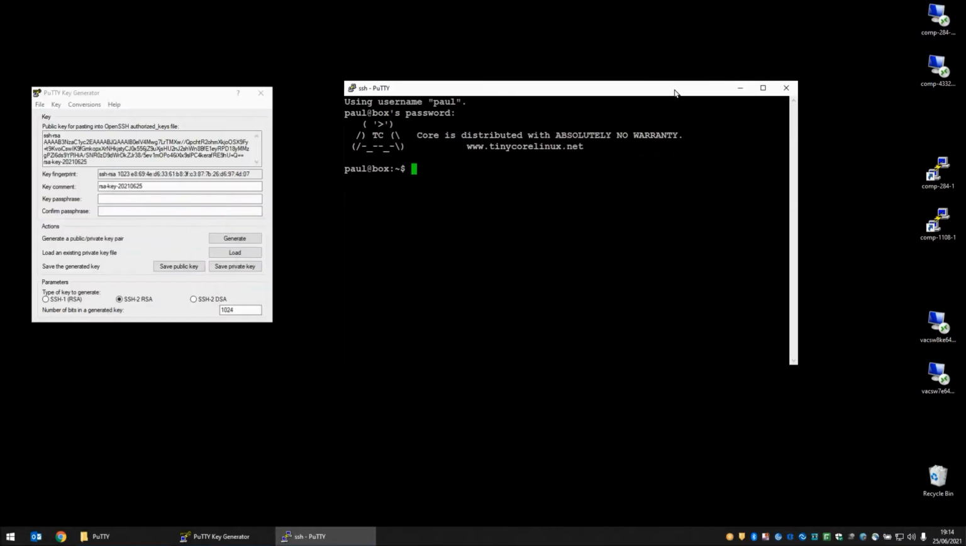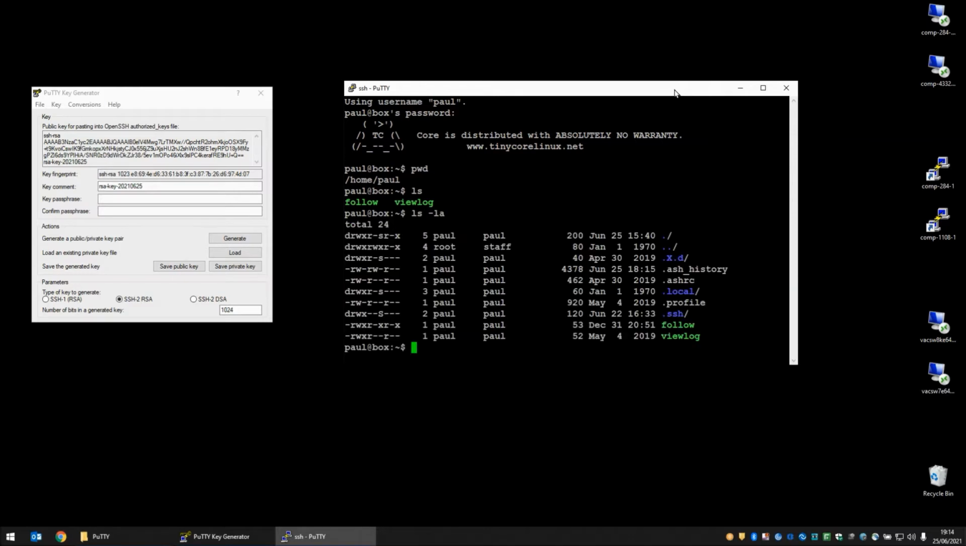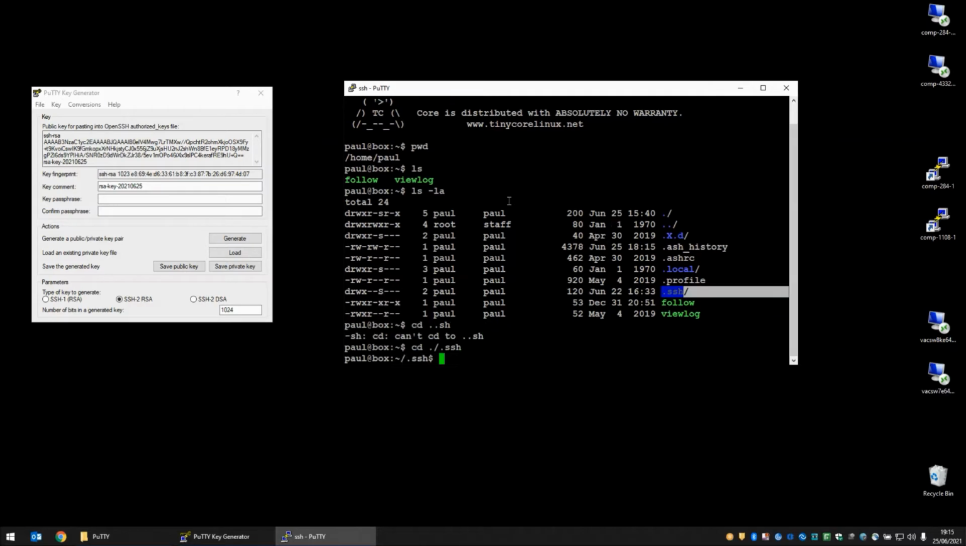Now that I've connected, you will note that I have no file called file.txt in my root folder. This is the file we will be creating later with the map. For now, I'm just going to show that there is a hidden folder called .ssh, and I'm going to change to that folder now. And within this folder,